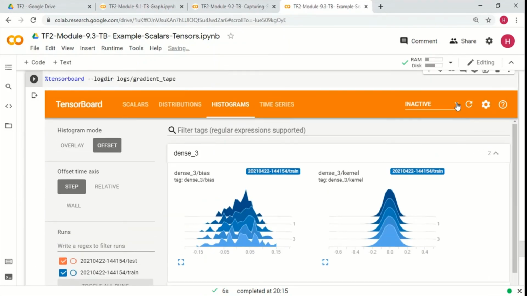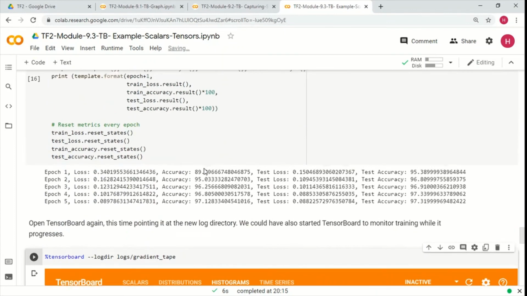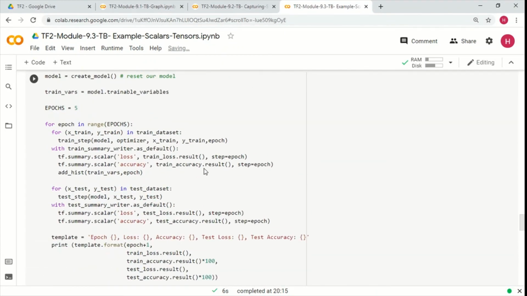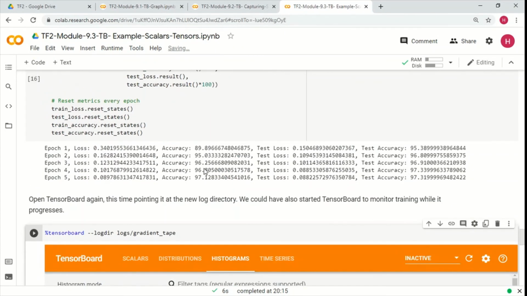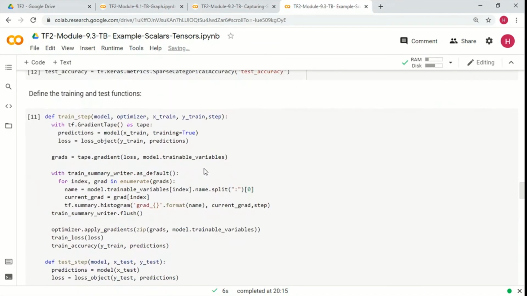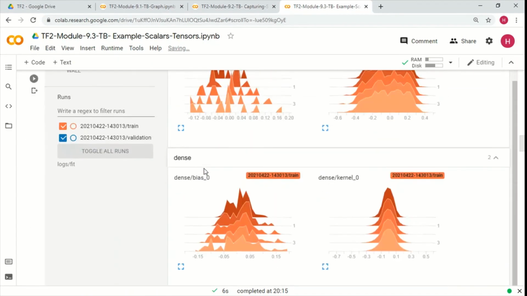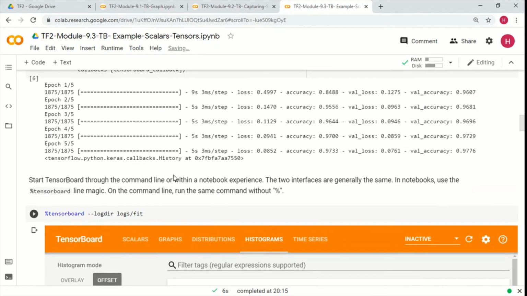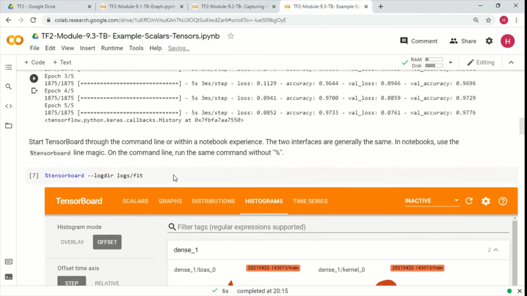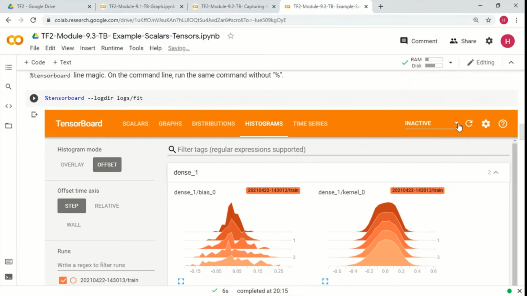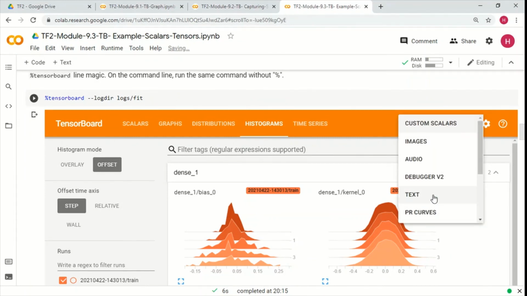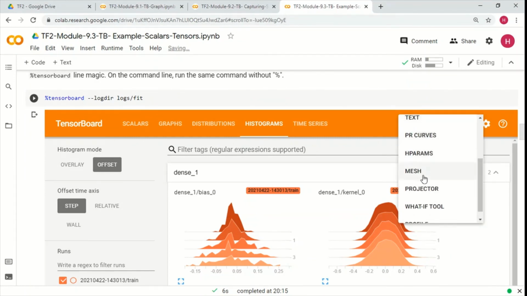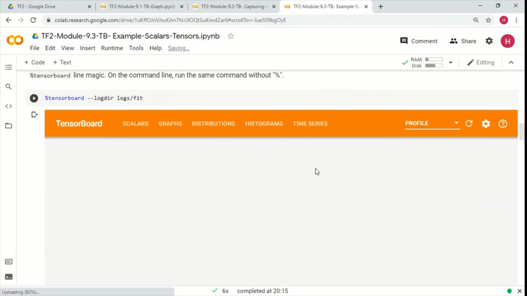And I think we had turned on the profiling as well. Okay, I think profile we had done in the TensorBoard. Okay, so let me just check the profile tab here. If it is not active, we can just go and check if the profile data has been captured or not.